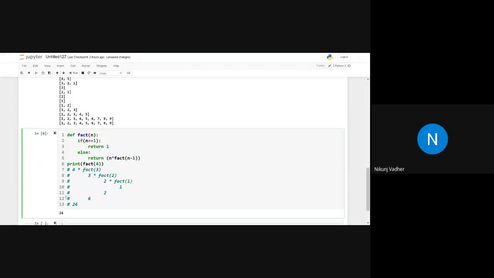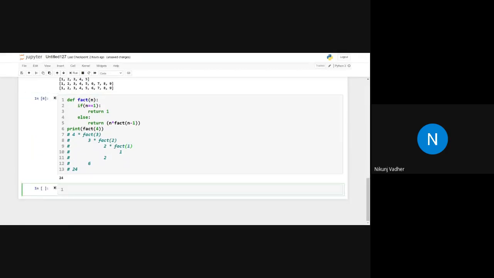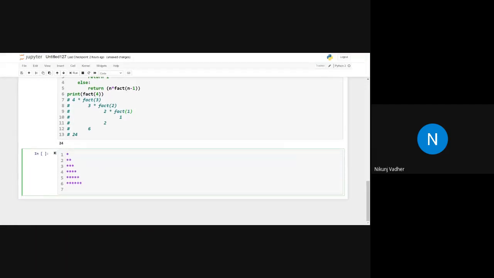Okay, now let me ask you the next question. If I want to generate a pattern like this, then how can we implement it using recursion?